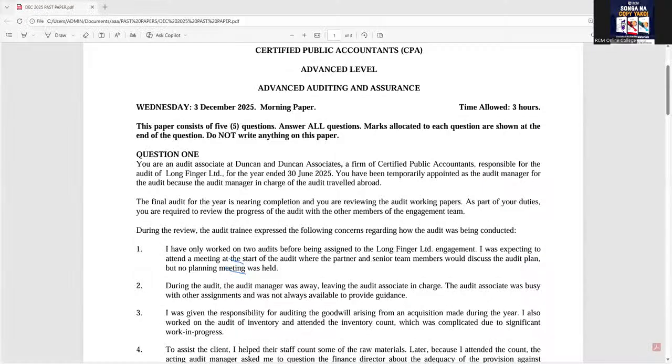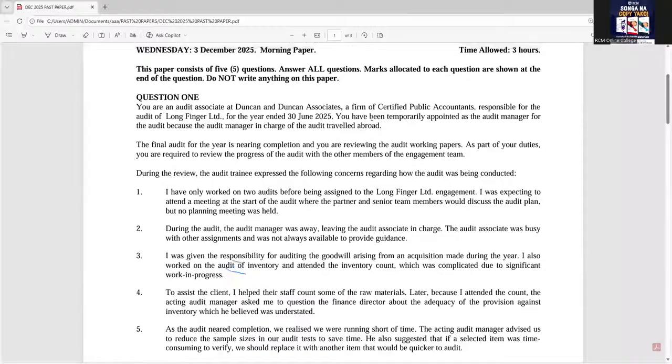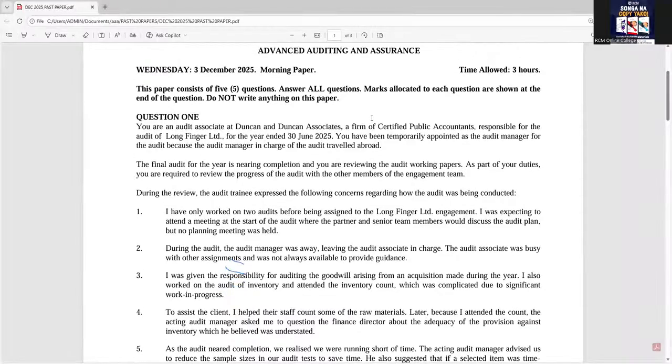In auditing and assurance, they just end up having to test the questions straightforward. They don't give case studies or scenarios, which in this case you have to synthesize and be able to give the answers. So the approach to answer advanced audit might be a bit different to how you'll be able to answer auditing and assurance, but be guaranteed the knowledge for the two units is just similar or one and the same, is relevant to each other.